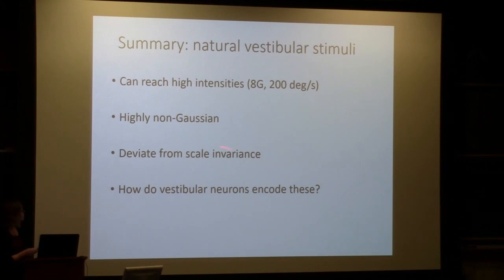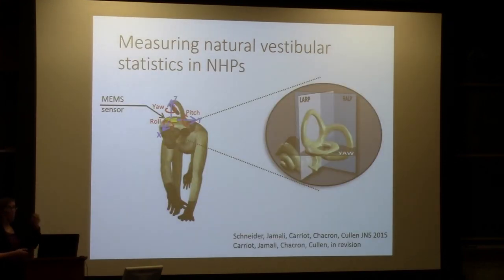They're highly non-Gaussian. They deviate from scale invariance, as I just showed you. And the question is, how do the vestibular neurons encode these? And that's where we'll turn to the monkey